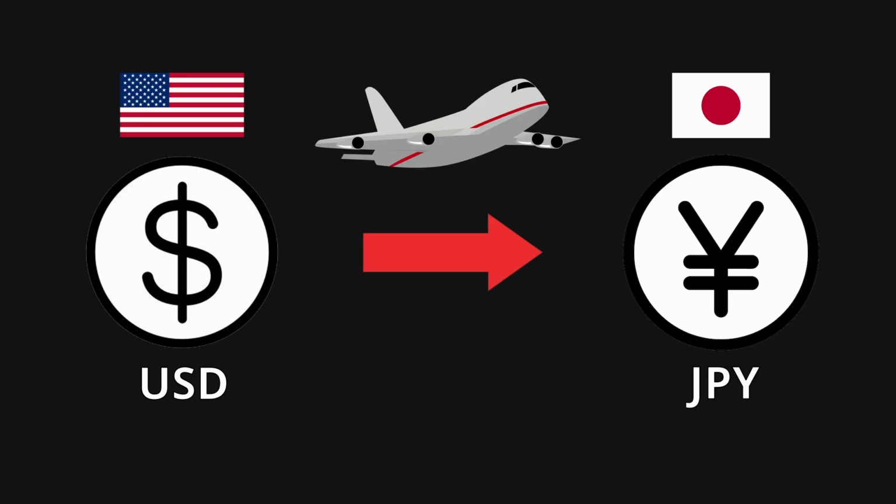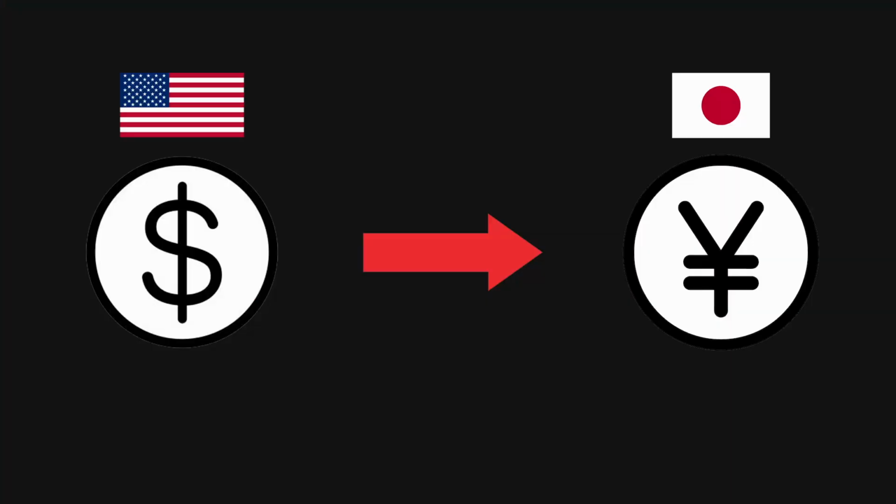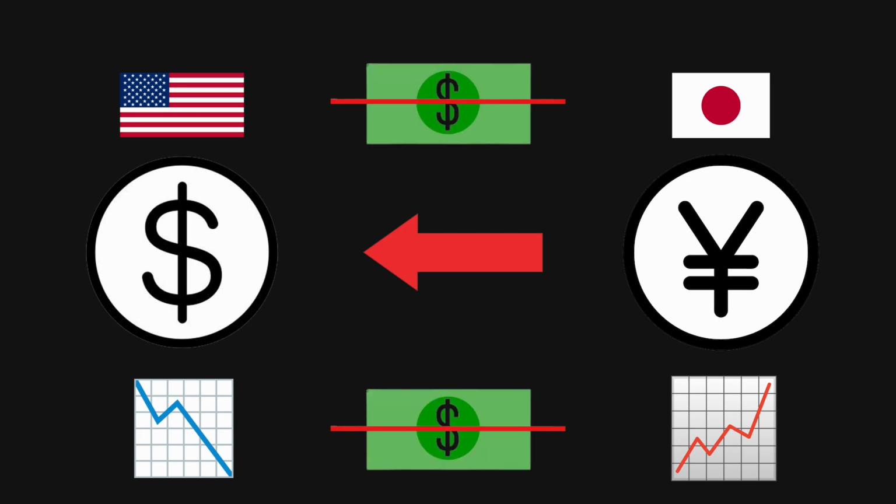Let's say you're traveling across the world. You want to change your currency at the airport to Japanese yen. Now you gotta remember that these currencies actually move all the time. Let's say in the meantime, while you were in Japan, you didn't spend any money during that time and you switched back to United States dollars. During that time the exchange rate moved, so you made money or you lost. And that's how Forex works. Now thanks to technology, we don't actually have to go to the airport or switch currencies all the time. We can just simply do it from our phone at our home. So that is absolutely great.